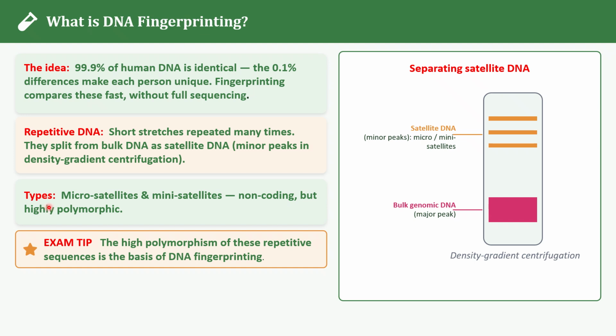can be differentiated into two: one is the microsatellite and the other is the minisatellite. These sequences do not code for any protein, but they show a high degree of polymorphism. This high degree of polymorphism is the basis of DNA fingerprinting. Next we are going to see